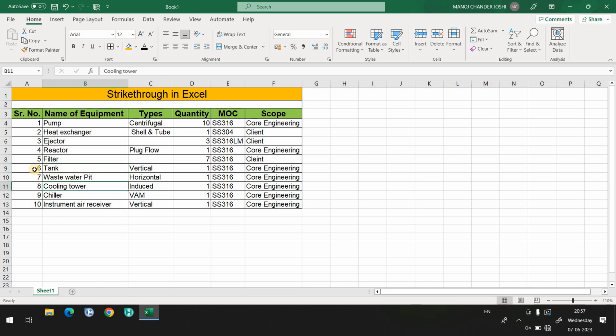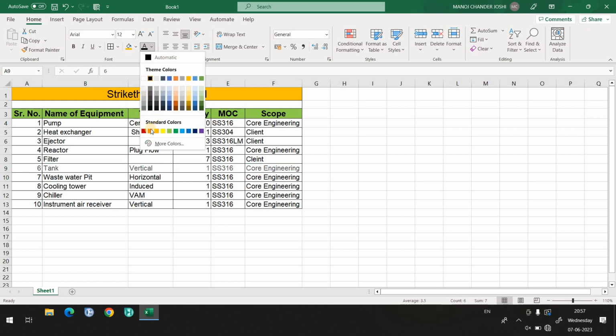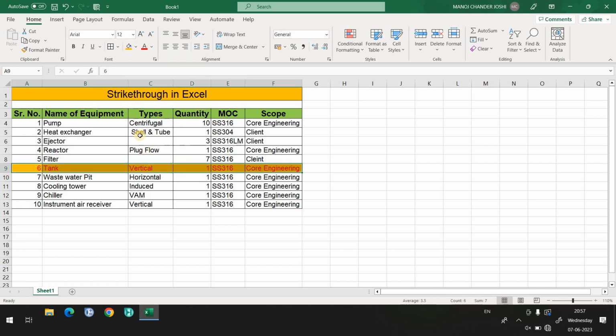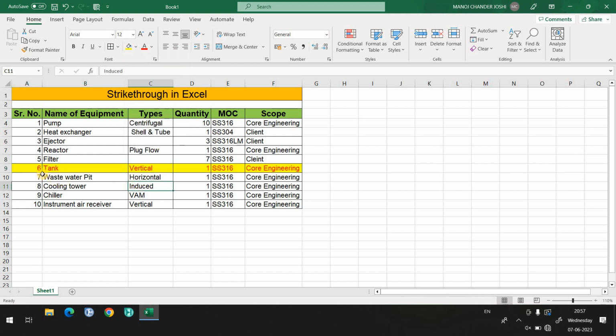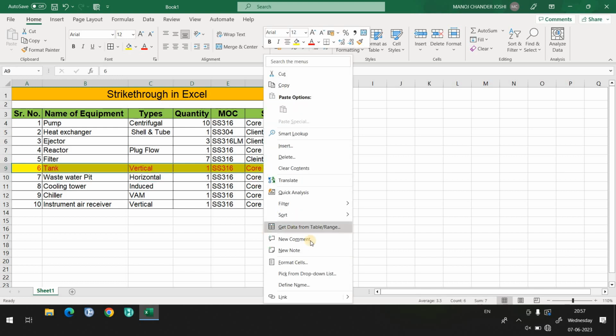So what you could do, you could highlight this one, like that, or you could simply do like that. That is the first thing. Another thing you could do is select this one and apply strike through.